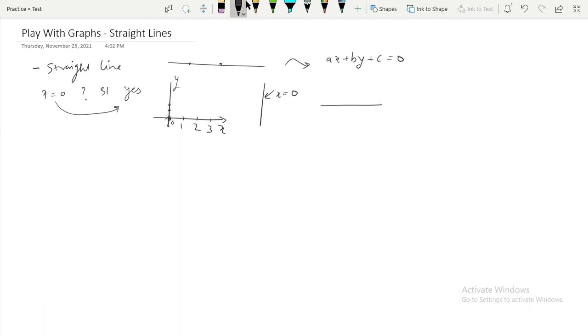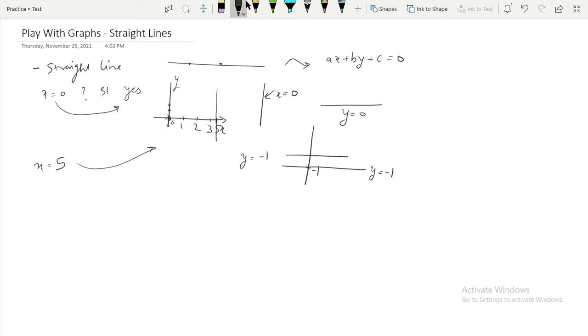Similarly, if you ask y is equal to 0, so here this y is 0. So this line is just y is equal to 0. Now if you ask what is x is equal to 5, so here if you mark this is 5, then all of these vertical lines, this is the value of x is equal to 5. Now similarly, if we want to know y is equal to minus 1, now in this coordinate, if this is minus 1, then all these locations, this would be y is equal to minus 1.